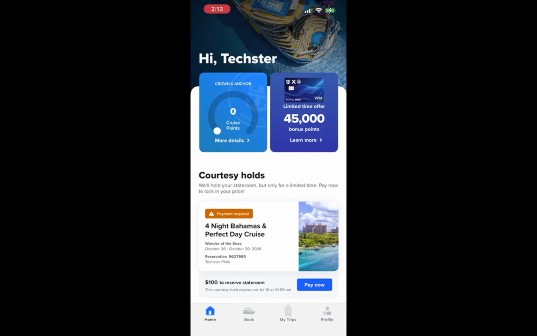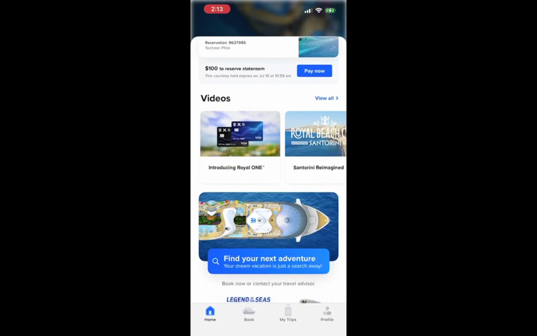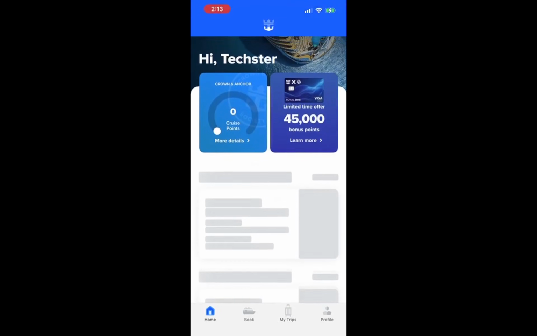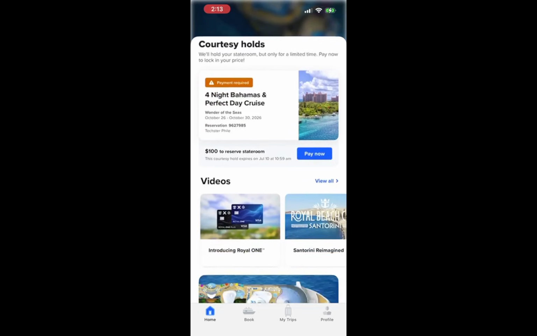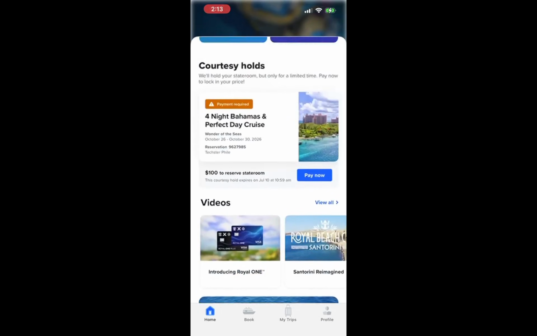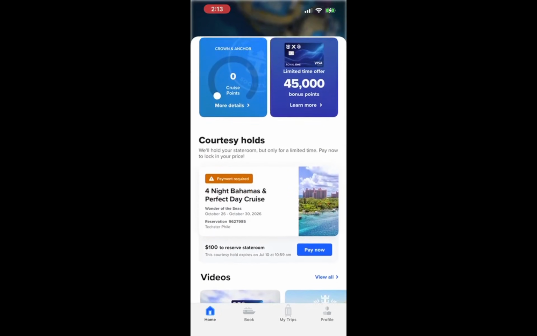Next, sign into your Royal Caribbean account. On the main screen, look for the Sign In option, usually at the top right corner. Enter your email and password associated with your account. If you encounter any issues, double-check your credentials for accuracy. Signing in allows you to access personalized features and settings, keeping your account secure and tailored to your needs. After entering your information, tap the Sign In button. Once signed in, you'll have access to all the necessary features.